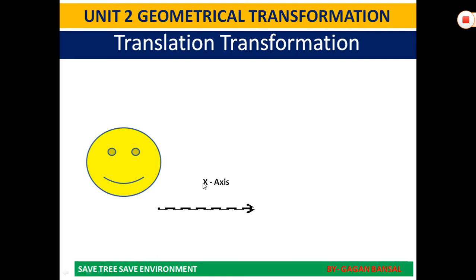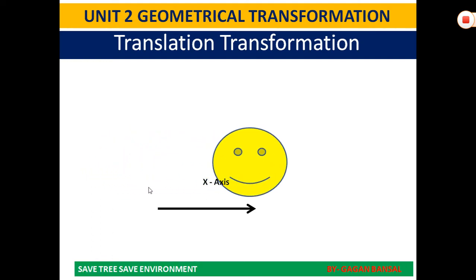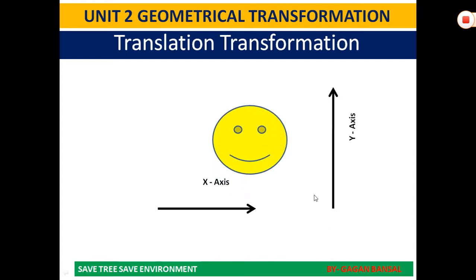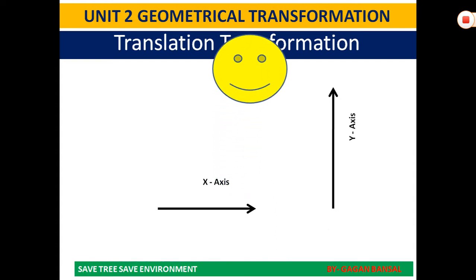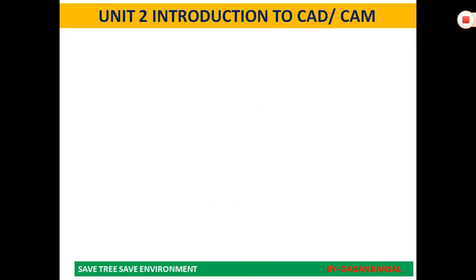Say for example, suppose this is the x-axis. In translation transformation, our entity or our body moves in certain fixed directions, and that is termed as translation. If we say that it is moving in x direction, we can say that it has a translation in x direction. Similarly, if this is y direction and it is translating, we will say that the body is translating in y direction, and it all depends on the coordinates. And similarly, we go for its matrix that we will be studying in the subsequent sections.